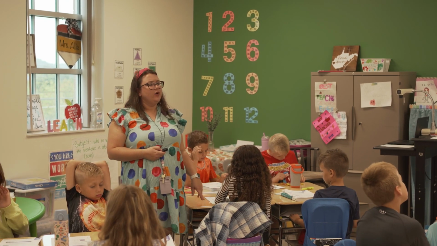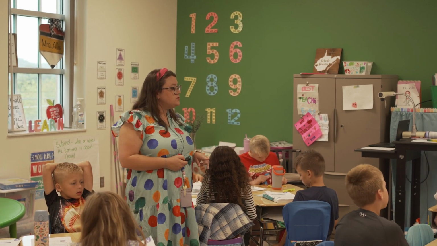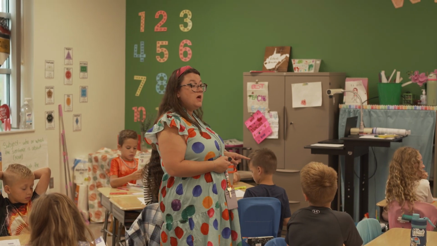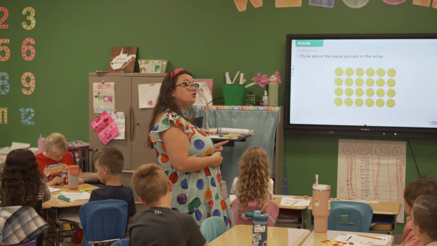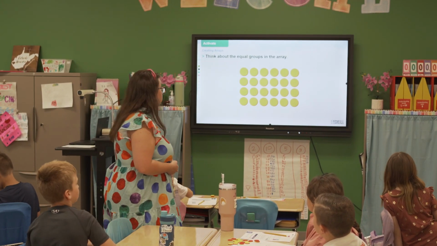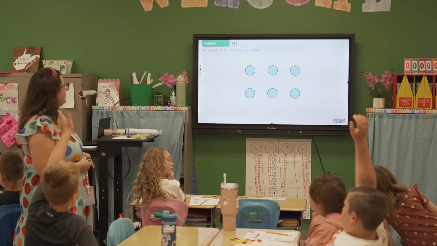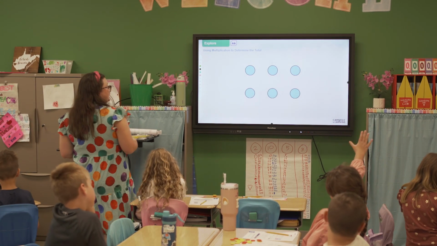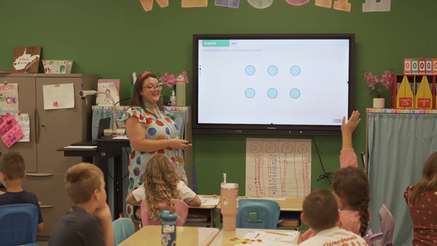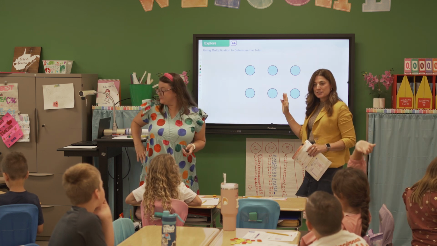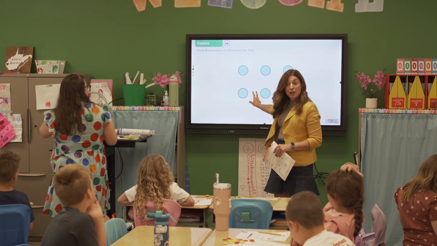So I have 4 rows of 6. A lot of this could also mean 4 groups of 6, like 4 in each. All right, guys, so we're going to continue with this, but we're going to look at some other array